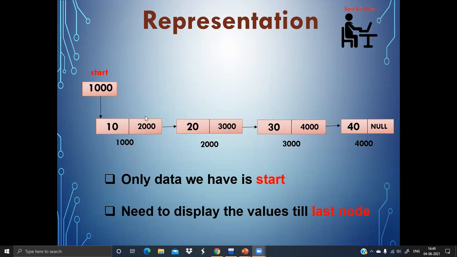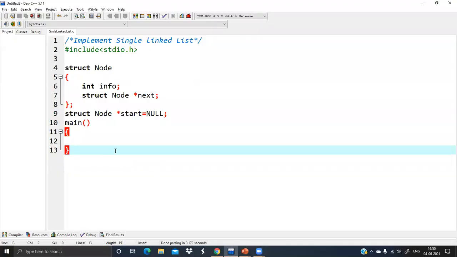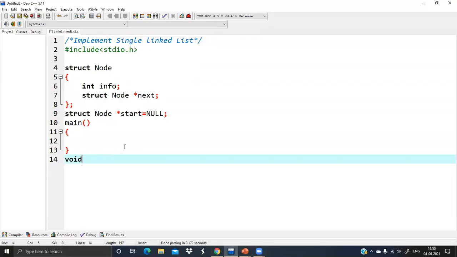Once I write start equal to start next, start will come to 2000, which means I'll never get the address 1000 again. So for that, I'm assigning the value of start to a temporary variable and doing all the processing through the temp variable, but keeping start the same. If you implement the same concept through programming, what will we do?